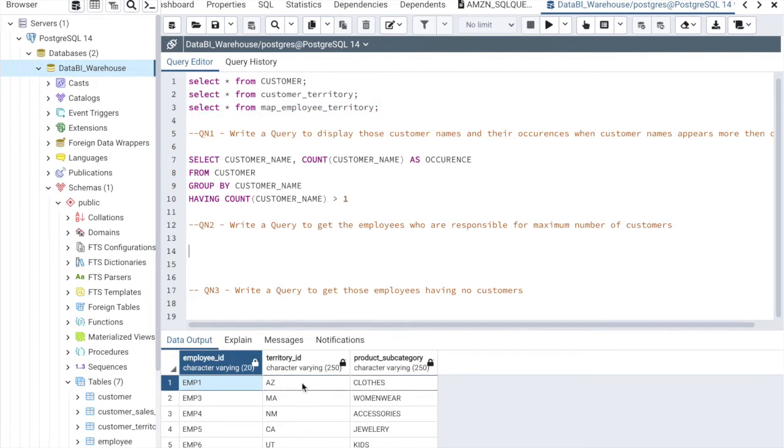To get the maximum number of customers per employee, we need to get a count. We need to count the customers, and then we need to get the maximum of that, correct? Because just getting a count is not going to help here. They are saying maximum number, right? So first thing is